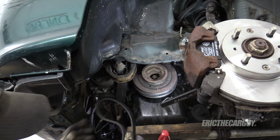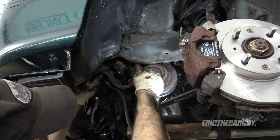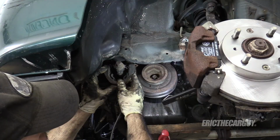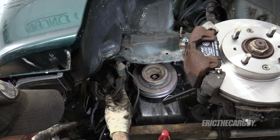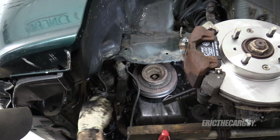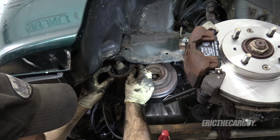Take your AC belt and just work it up. Well, wow, this one's more busted than I thought it was. But, I mean, there's only those little things holding it in place. It's really just this rubber outer part that I think matters. Like I said, I haven't had an issue. Reinstall it. And if it didn't come apart,